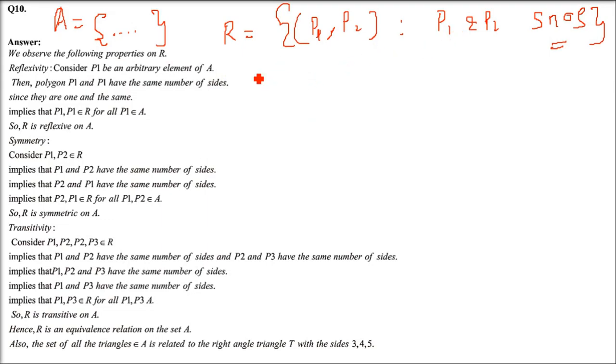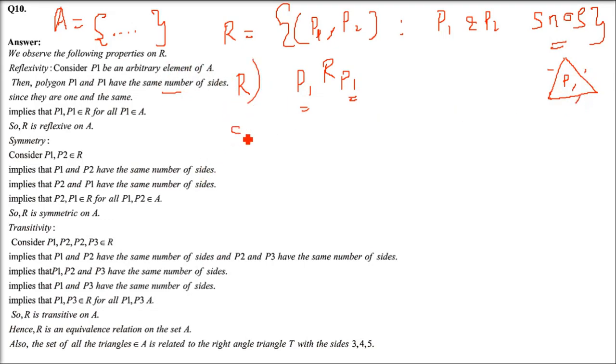Equivalence relation, that is, when we are dealing with P1 and P2, P1 is equal to P2. They both are the same. So for reflexive, this is one triangle. I am taking an example. So if we are saying P1 is related to P2, and here P2 is replaced by P1 because they both are the same, one polygon is having the same number of sides as another polygon, and it happens that the second polygon is the same polygon which we are talking about as the first one.